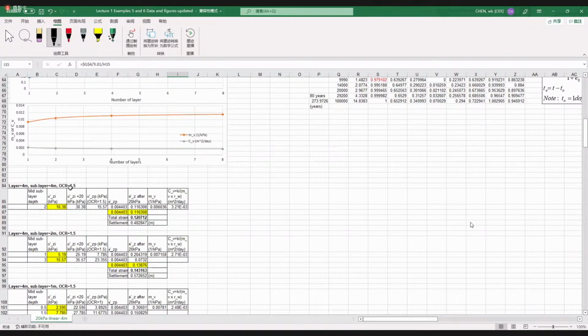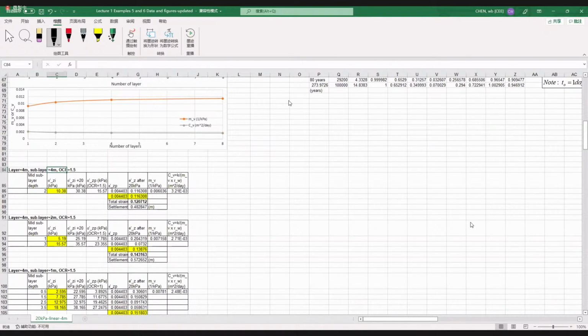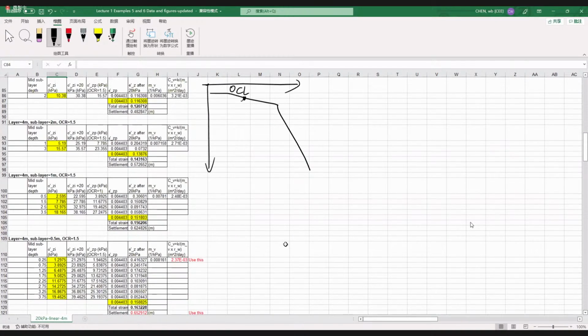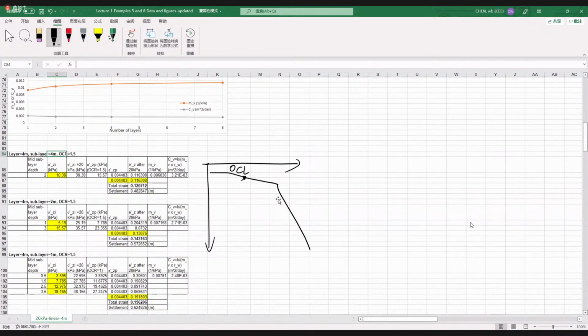Then for the OCR equal to 1.5 condition, that means the initial point of the soil element is on this line, the OCL line, the over consolidation line. Then let's see the final point. Where is the final point? How to determine where is the final point? We should compare